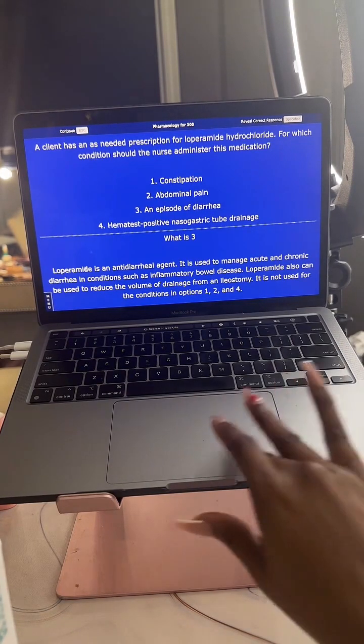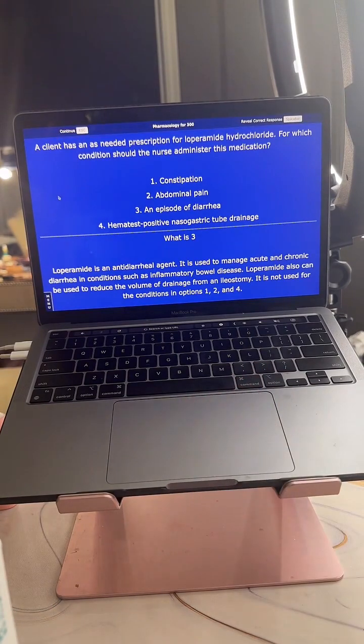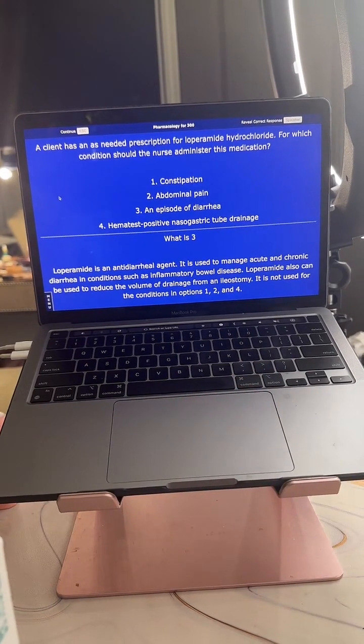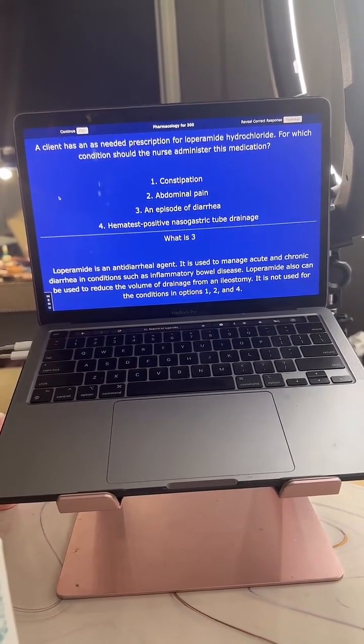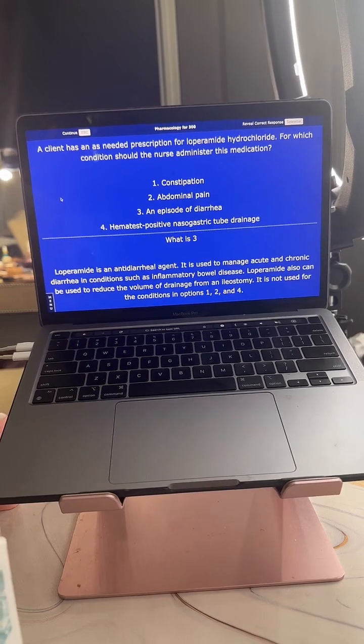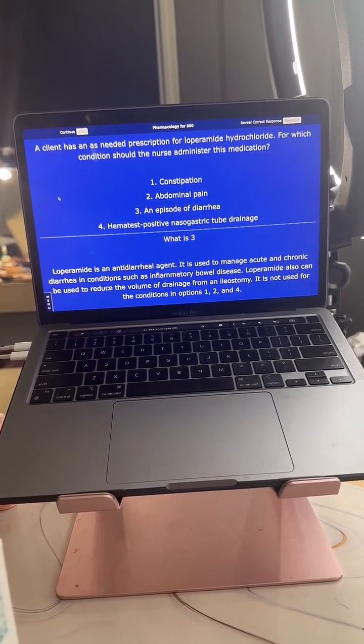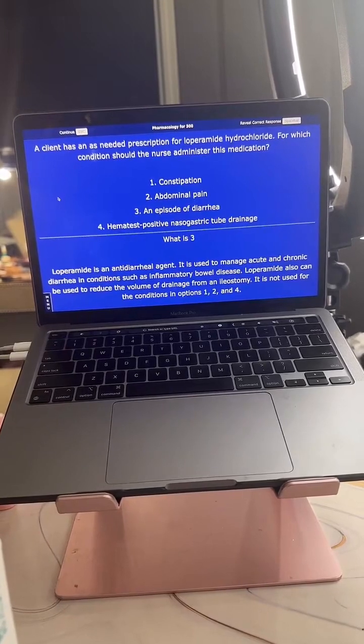Okay? All right, so did I say who got that one? I did not. Let's see who got this one. What is 3? For everyone else that probably already took pharm, those of you that have already passed nursing school, please give your best advice when it comes to studying pharm, passing pharm, tips on passing the NCLEX for the pharm portion, anything you can, while I go ahead and see who got the points first. Offer your insight, please. Thank you very much.